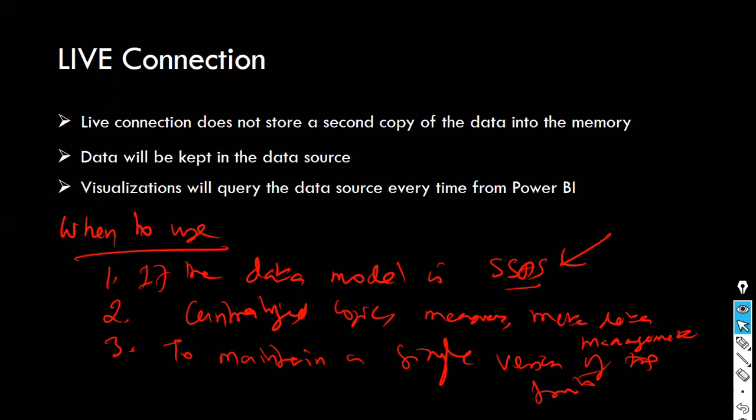Don't use your own table or data model. Yes, Gokul, you are correct, and Sagar, you are correct. Metadata is nothing but data about data. Okay. So to maintain a single version of the truth and to centralize the logic or measures, metadata management, or